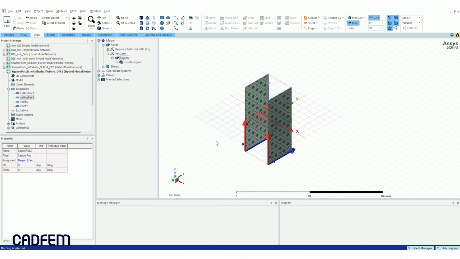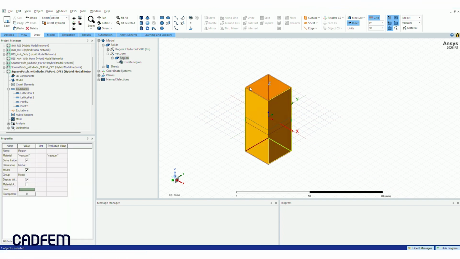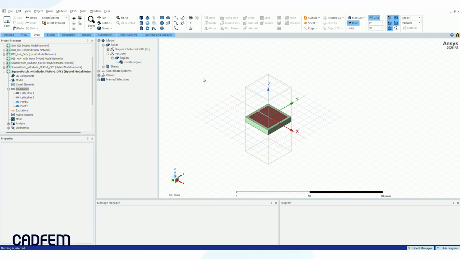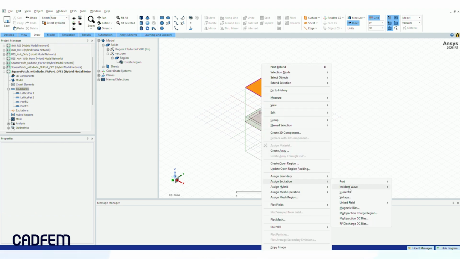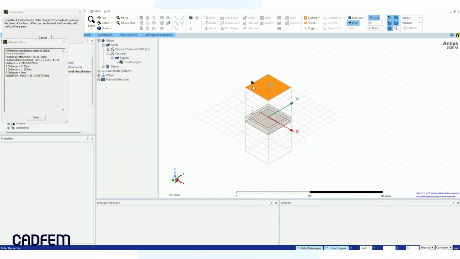according to the electromagnetic wavelength of interest. By changing the padding type from a percentage offset to an absolute offset of exactly 0 millimeters, we establish the base boundary context for our unit cell analysis. With the bounding airbox successfully generated around the geometry, our next crucial step is to define the periodic behavior of our infinite array. By choosing Auto-Identify Lattice Pair, under our boundary assignments, the software automatically detects and maps the periodic